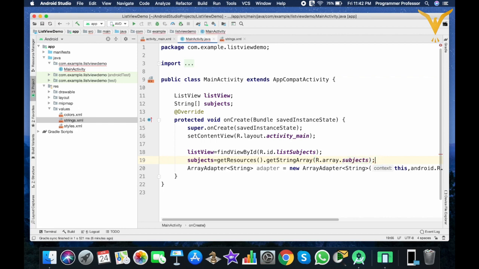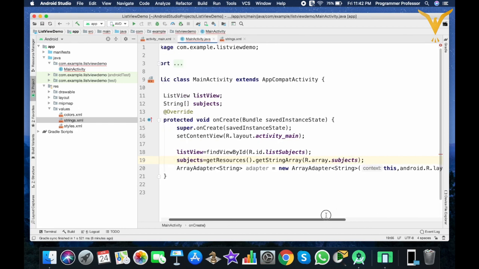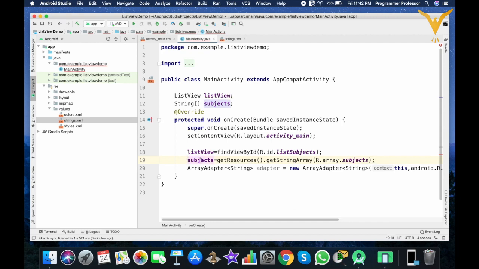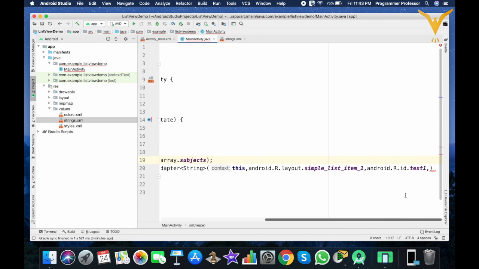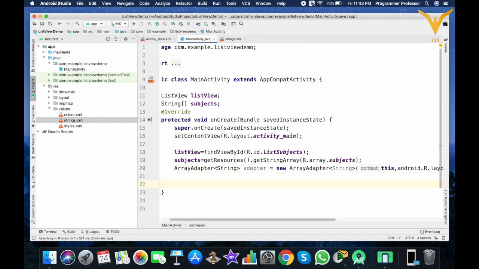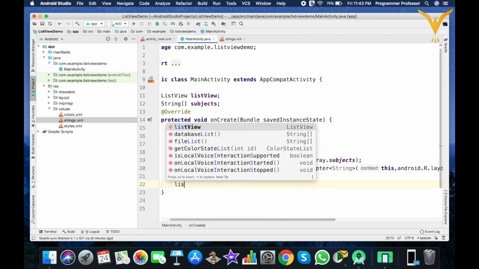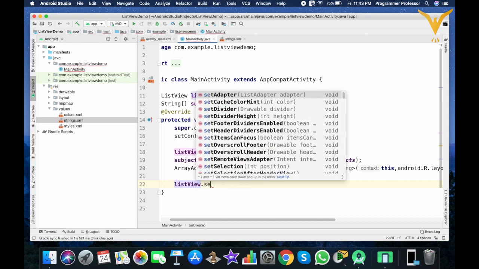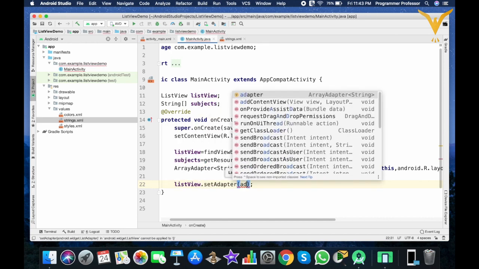Let's end this, and we need to pass these subjects as the last parameter. Now listView.setAdapter, and we'll pass the adapter object.